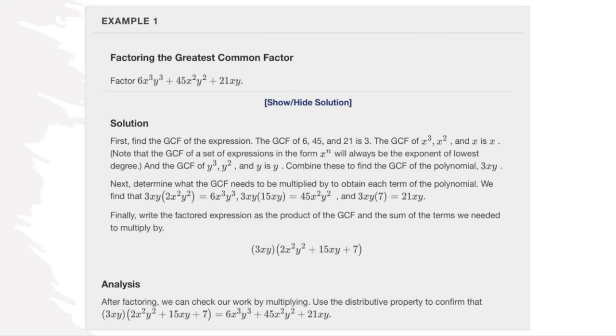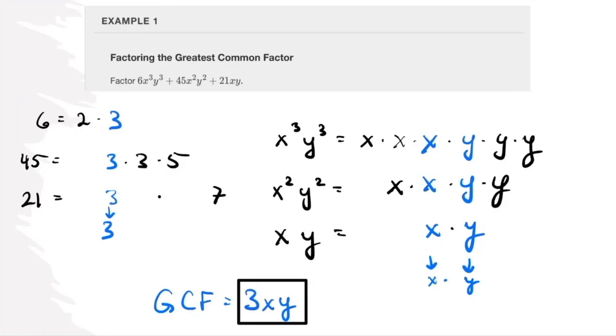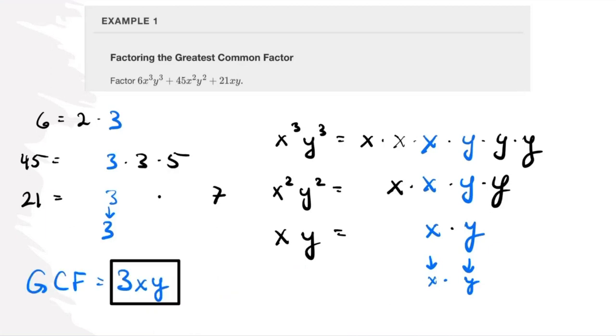Next, determine, we were supposed to factor. Let me finish factoring. So that's the greatest common factor. So then if we factor that out of all the terms, so this is our GCF. So then the original can be rewritten as 3xy times. Now, from that first term, if we pull out a 3xy, we're going to be left with